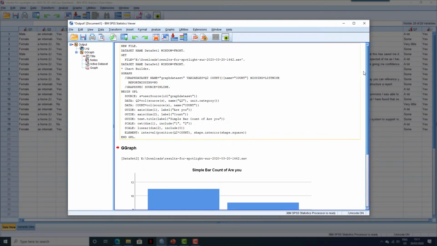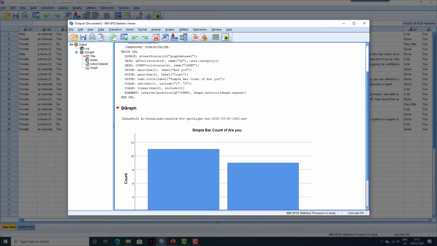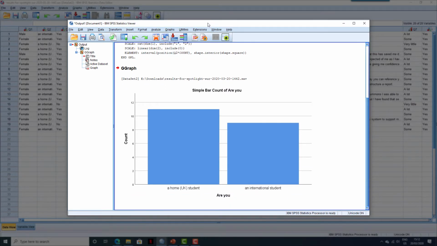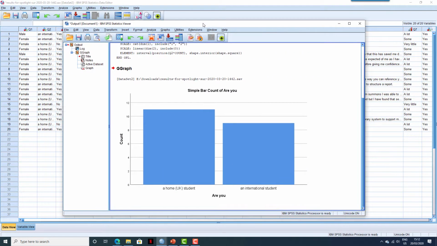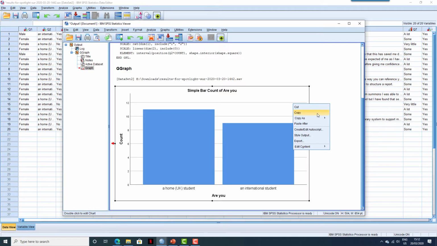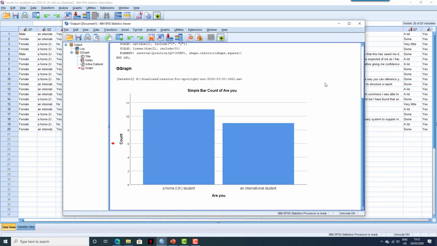You'll see the output has loaded in the IBM SPSS Statistics viewer. This is a separate window to that of the data editor. This file is also saved independently. If I save the data file, I have not saved any output. If you want access to both the data and any outputs you generate, you'll need to save both of these files independently. Any output that you do generate in SPSS can also be copied and can be pasted into other